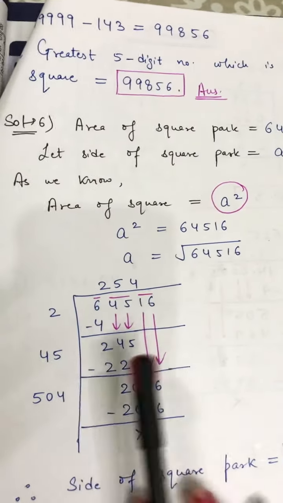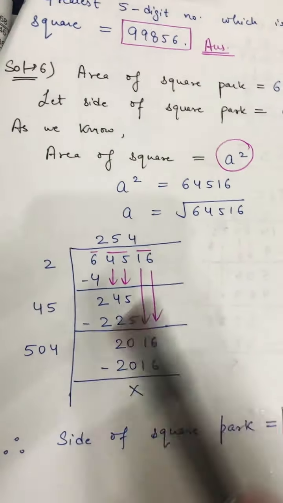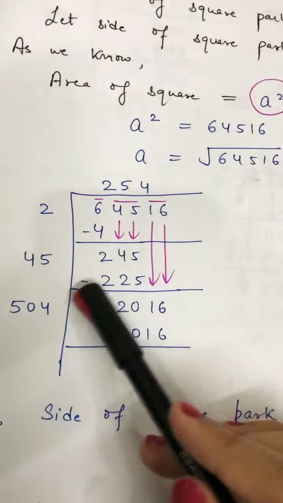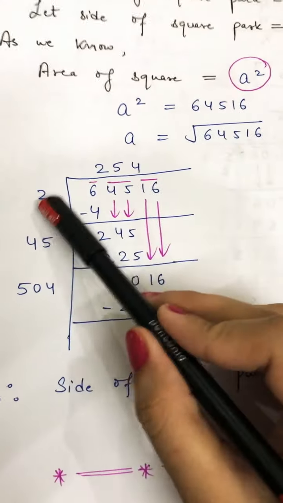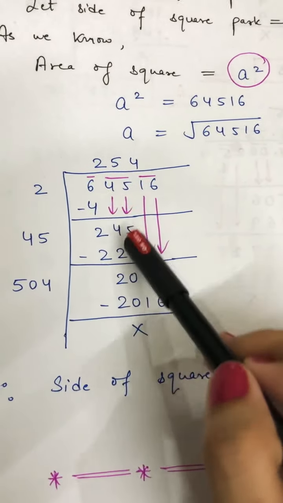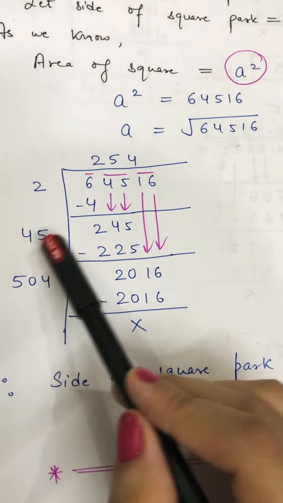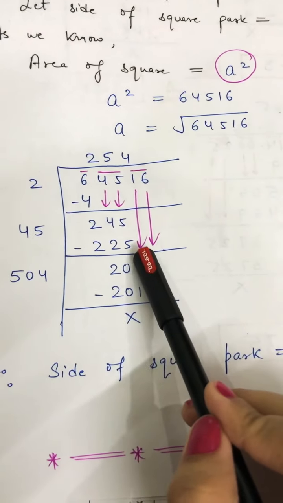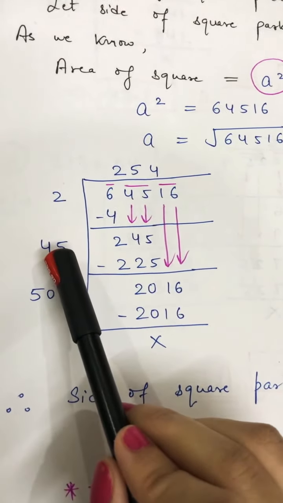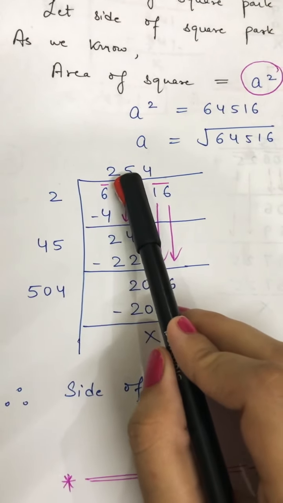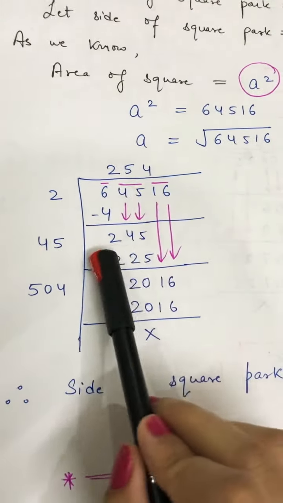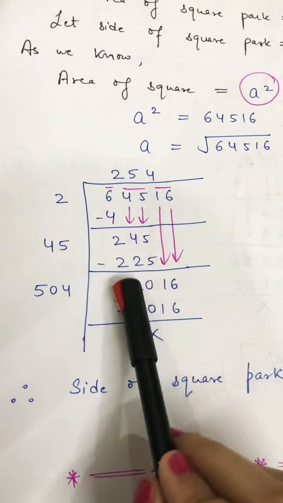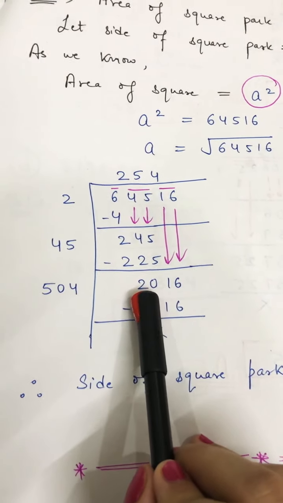Now take out the answer. Take out your square root with the long division method, do pairing and go ahead. We have discussed this long division method throughout the exercise. So 2 2s are 4, 2 is left, take out 2 digits together. Now 2 plus 2 is 4, multiply with 5: 45 multiplied by 5 is 225. You have to see that whatever number you write here, that same number you have to write there, and that multiplication should be less than this number. After subtraction, 20 is the remainder.